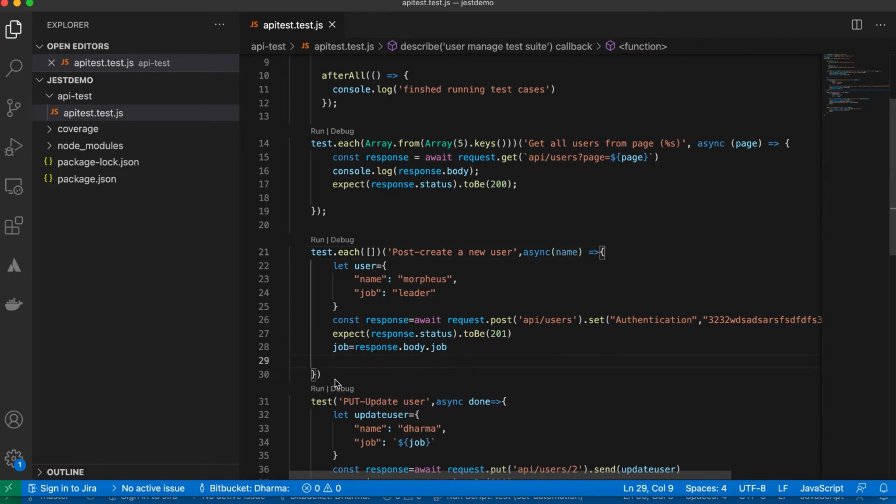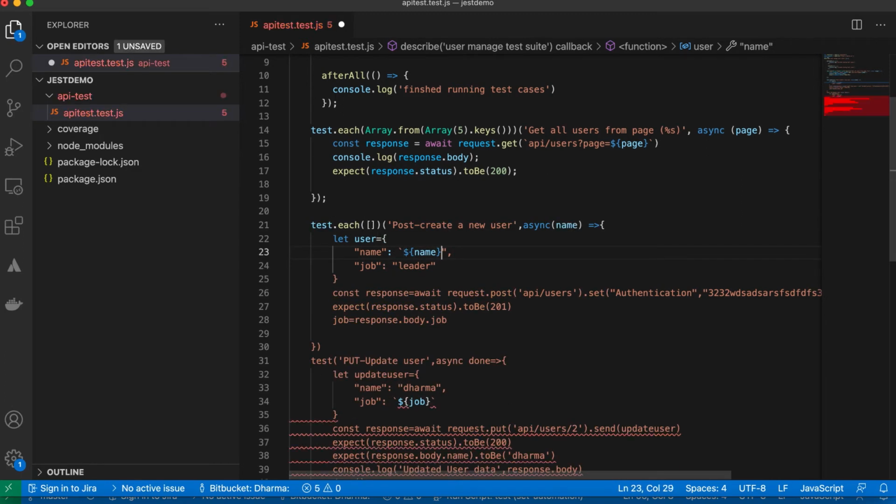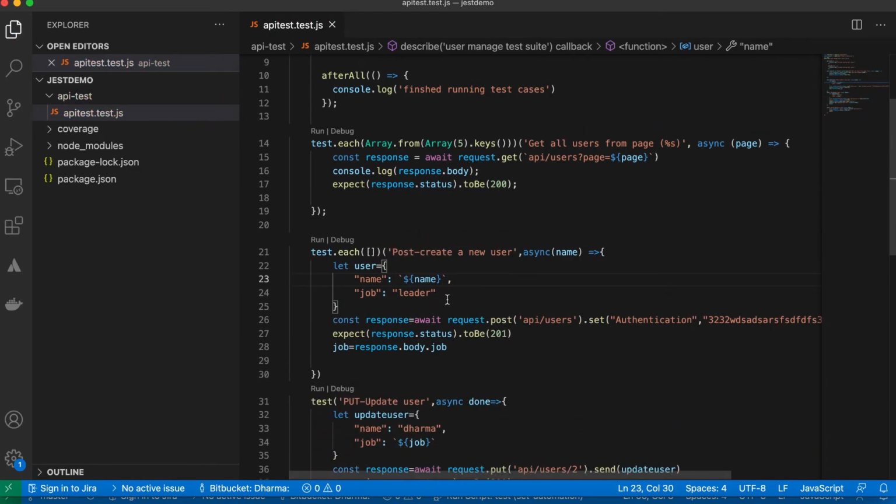Okay, so this name I have to pass it here. But this formation is required, otherwise it won't run. Okay, this should be called as variable.